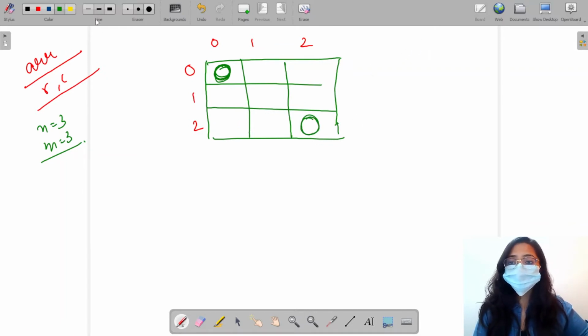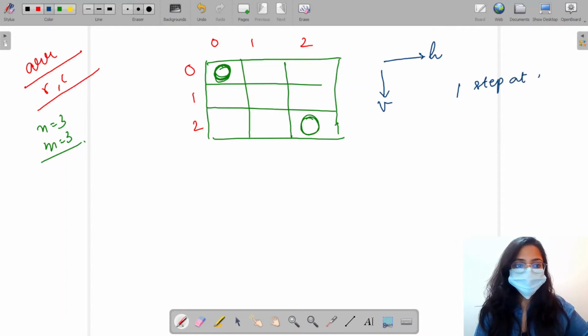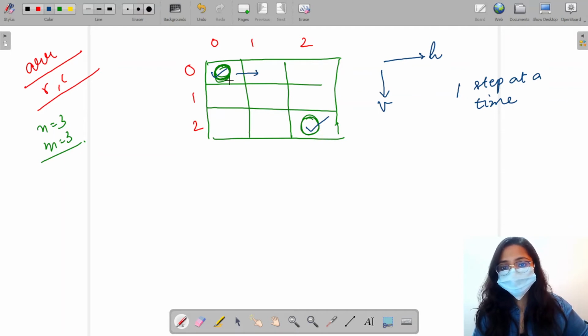And I am only allowed to take steps in 2 directions, either in horizontal or in vertical direction, and only 1 step at a time. So from here, I have to reach the end, and I can either go like this or like this. So let's see what we can do with this.